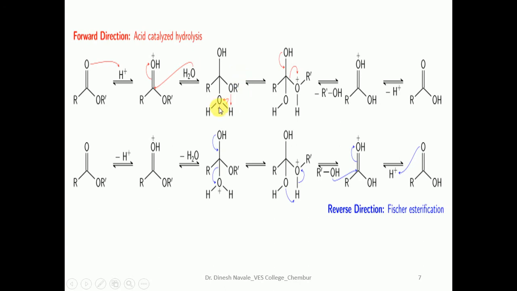This intermediate you can easily observe. Your starting material has an sp2 hybridized carbonyl carbon, and your product also has an sp2 hybridized carbonyl carbon. Starting material is ester, product is carboxylic acid. But the intermediate which is formed is sp3 hybridized, a tetrahedral intermediate, that's why it is also called the tetrahedral mechanism. Most acid catalyzed hydrolysis reactions follow the tetrahedral mechanism, the same thing observed in all the mechanisms. So this is the mechanism for acid catalyzed ester hydrolysis, and the product is carboxylic acid.